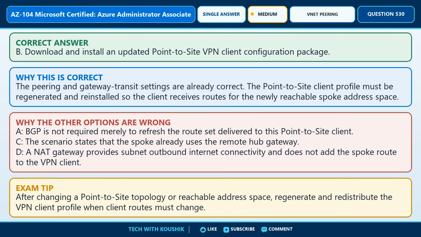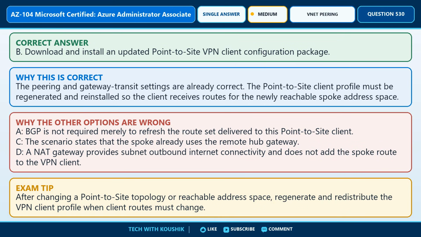The best answer is option B, download and install an updated point-to-site VPN client configuration package. The requirement is satisfied because the peering and gateway transit settings are already correct. The point-to-site client profile must be regenerated and reinstalled so the client receives routes for the newly reachable spoke address